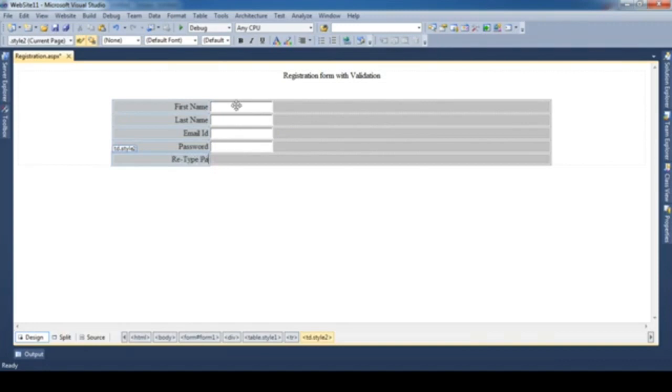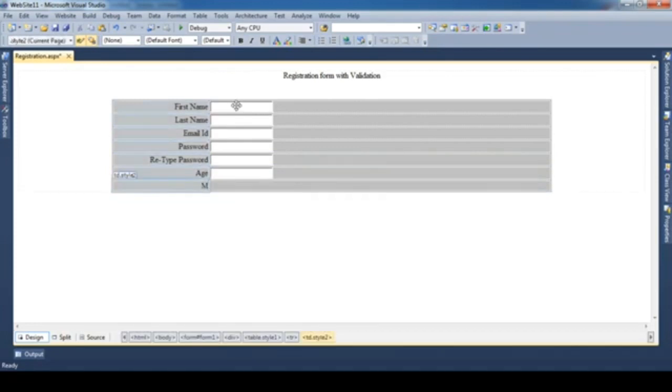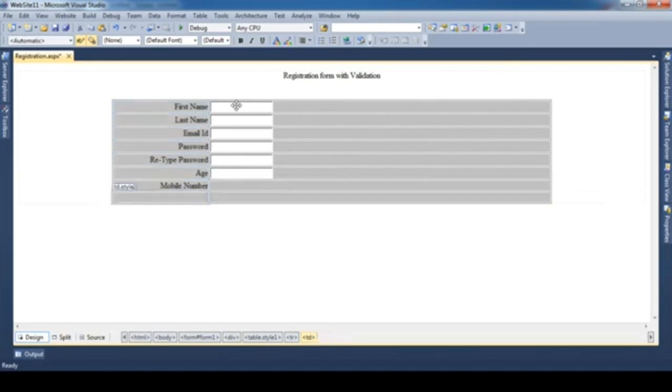Then we have retype password. The next one is age. After age I am taking mobile number. And the last one is customer ID, or user ID, that I want to take.